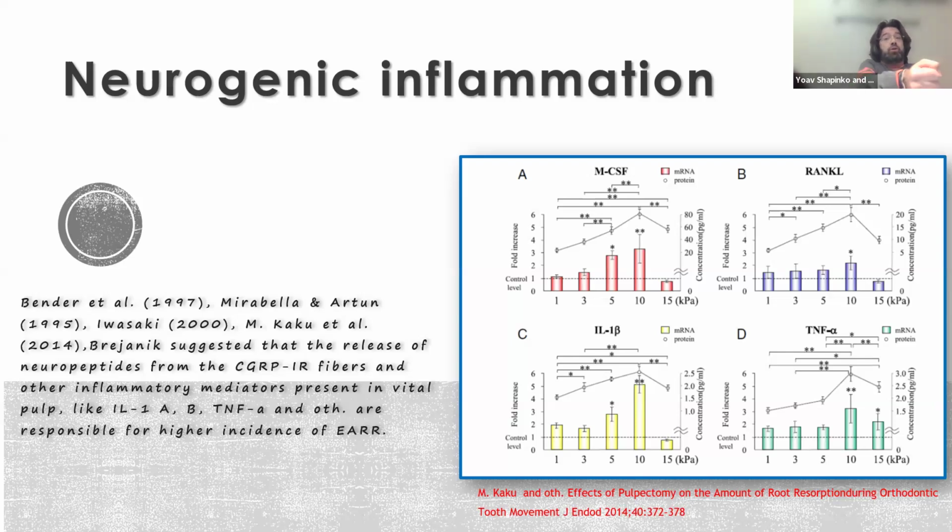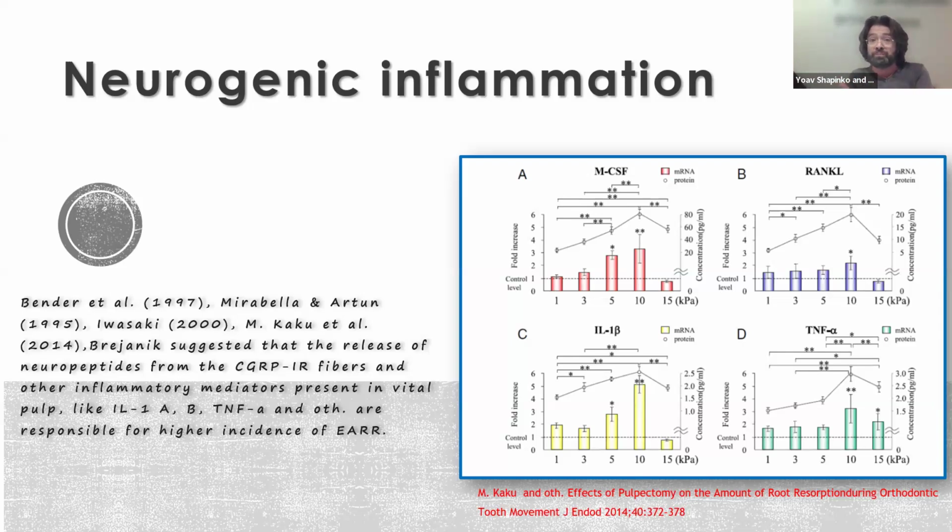For example, by orthodontic movement, we have pressure on nerve fibers in the apical part of the root. We have a reaction from the neurogenic tissue. We have nerve sprouting, and we have secretion of neuropeptides. And neuropeptides like CGRP or substance P can influence the whole inflammation process and start it, which is called